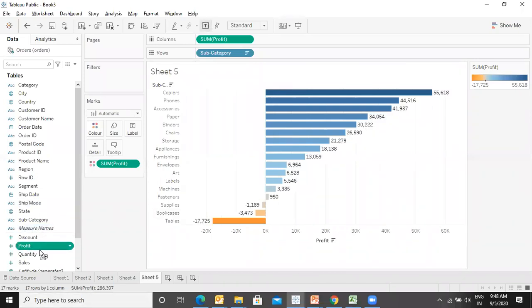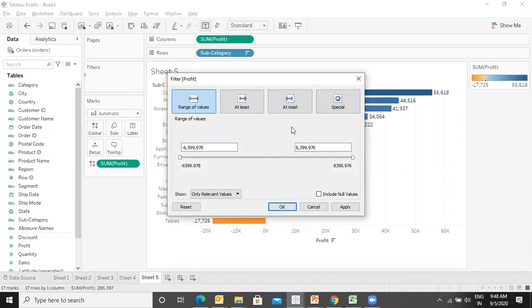Let's try to put the profit in the filter, and let's see what happens if I release my mouse. Say next. Now you are getting somewhat similar to what you were getting in dates. So relative values, at least, at most.